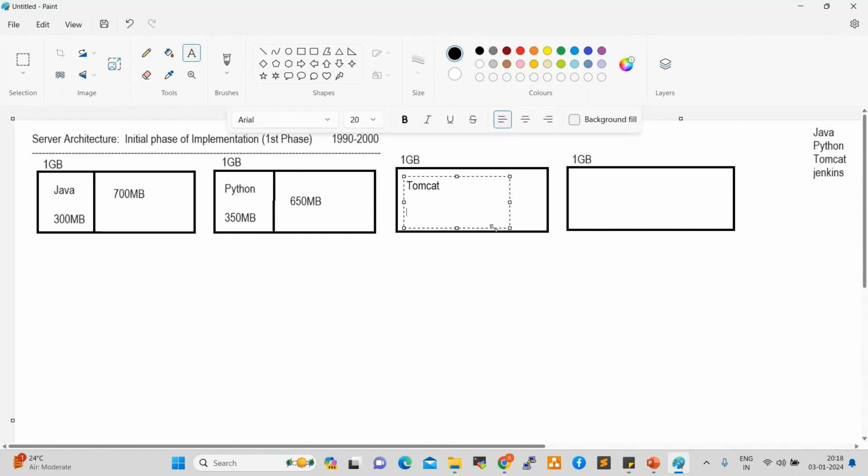Tomcat occupied 400 MB, for example, so the remaining 600 MB will be wasted. And Jenkins, for example, occupied 500 MB, so the remaining 500 MB will be wasted.